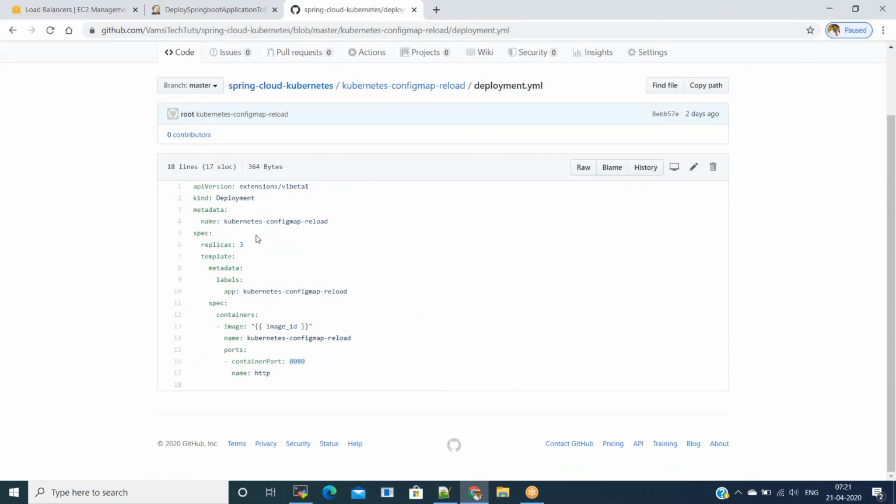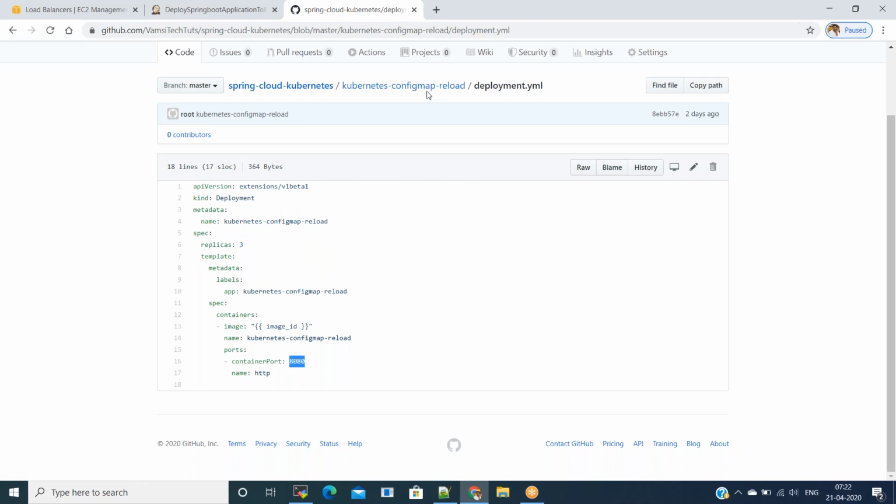That's why it created 3 pods. And the kind is deployment, and replicas are 3, meaning it will create 3 pods. And in the spec containers, I have mentioned the image, which is a dynamic image ID. We are not hard coding so that it can build any application. The image is image ID, and for the container port, I am opening 8080.